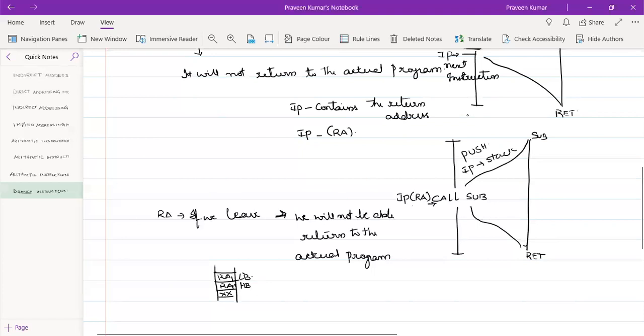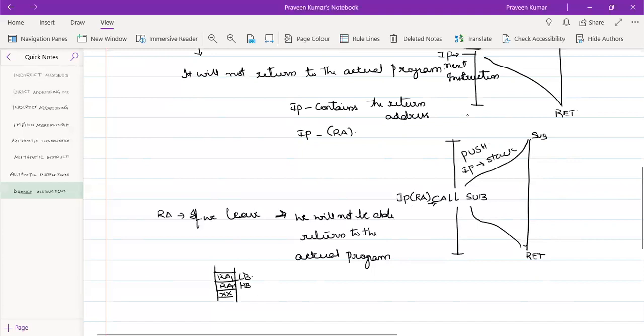Like in a C program, we know that we will be calling a function. We write the name of the function, but while we are coming out, we will not write anything, but simply give the closing bracket. So as it is the closing bracket in a C program, here it is the return instruction. Thus the information of the go back is stored somewhere. Yes, that information is stored in the stack.